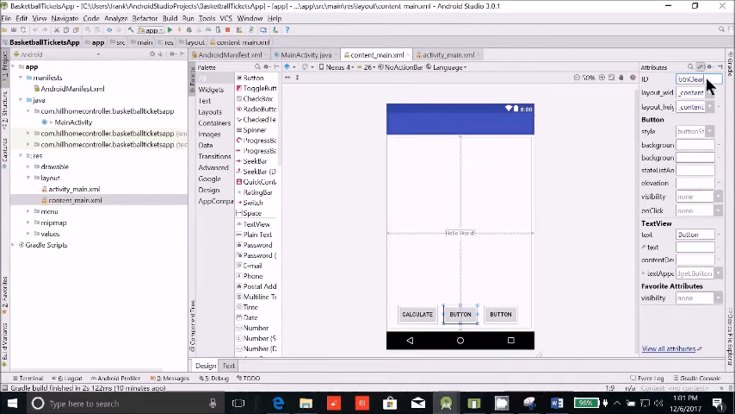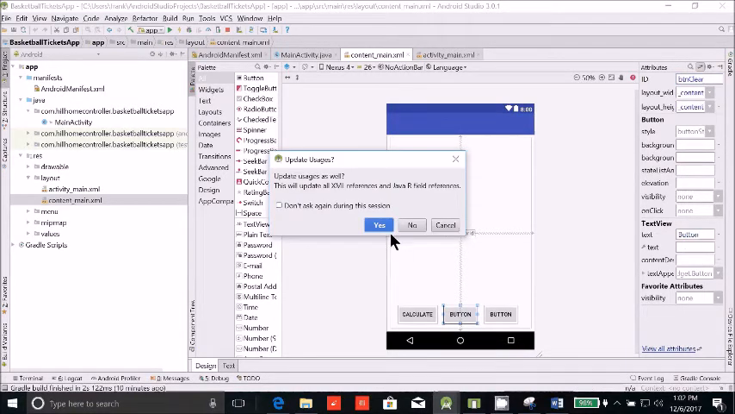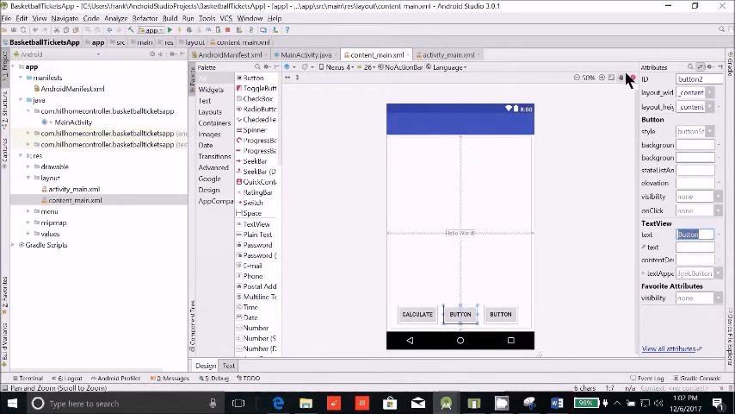And this is so you can identify this button in the code without confusion. Okay, made a mistake. BTN clear. And the text is going to be,